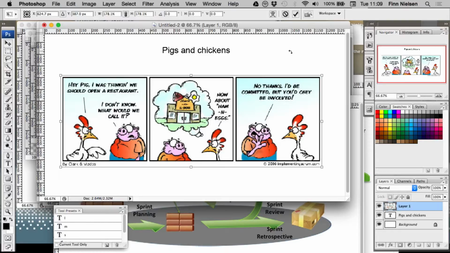And a lot of the rules in Scrum are actually about keeping the chickens out of the project. They should be there, of course. They should be there at the appropriate time and to say the appropriate things, but they should not be there all the time. So you have a software company where you have a Scrum team that's working on something,